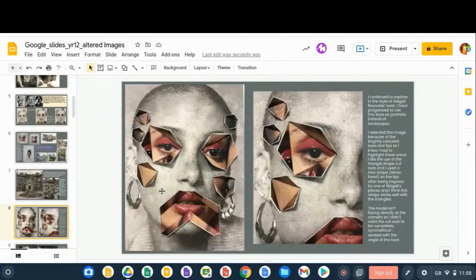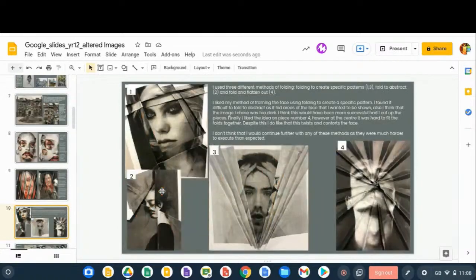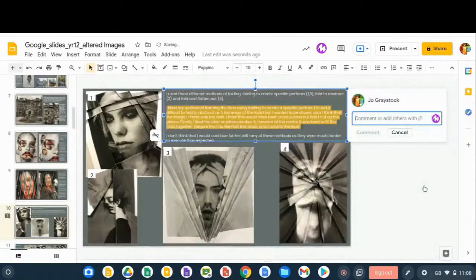So this is some of her work in response to the artists that she's seen. We've got some analysis of what she's done here, and you could comment as a teacher on which were more effective. Again, through the comments you could highlight particular parts. So if I was to click this here, and then I could right click and say comments. So I'm commenting on this section. I could say excellent analysis